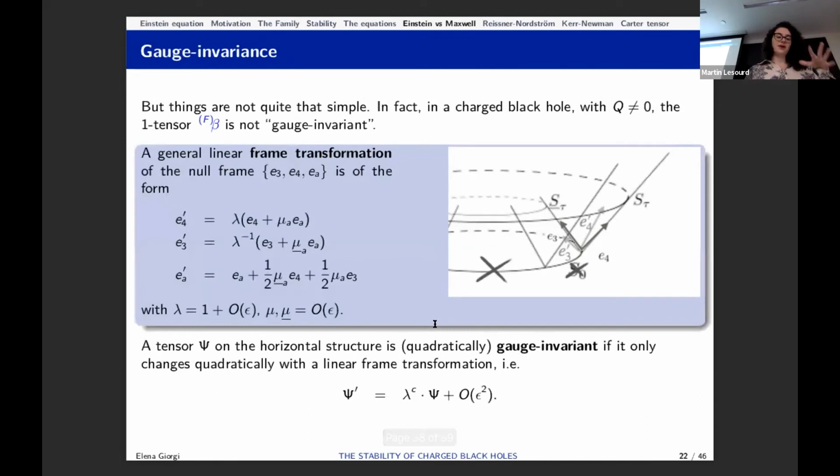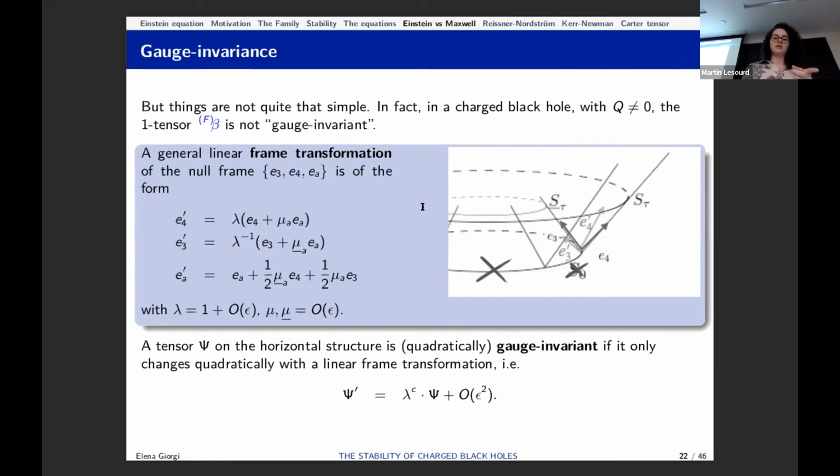But in fact, things are not quite that simple. In particular, this beta f is really not a good quantity to look at, because when q is different from 0, so if you're in Reissner-Nordstrom or Kerr-Newman, this quantity is not gauge invariant. So what does it mean to be gauge invariant? Well, remember we have this null frame, but we can also move the frame. We can consider a general linear frame transformation. And this is a sort of linear algebra exercise. You can write down the most general